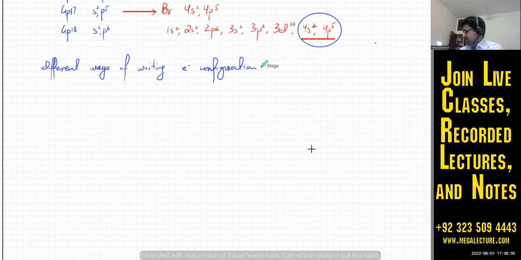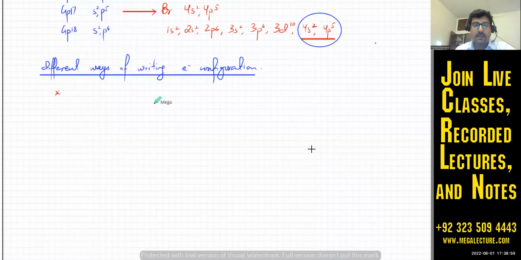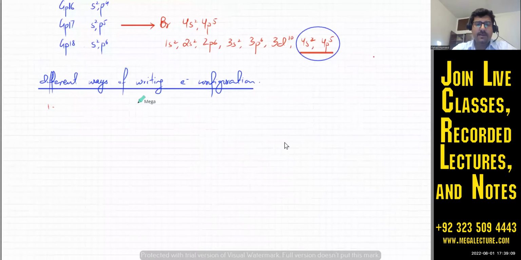So let's there are different ways of writing electronic configuration. So the first one is that's number 1. I'll just write one electronic configuration. We're going to follow how we can